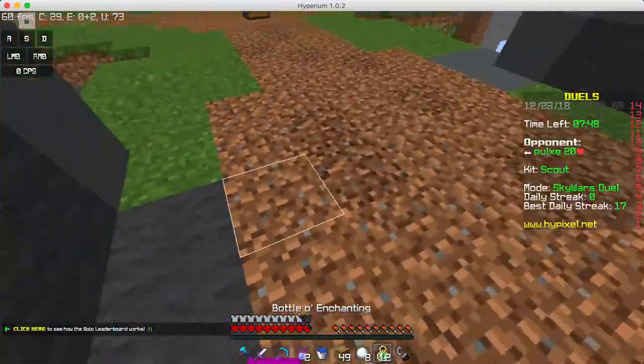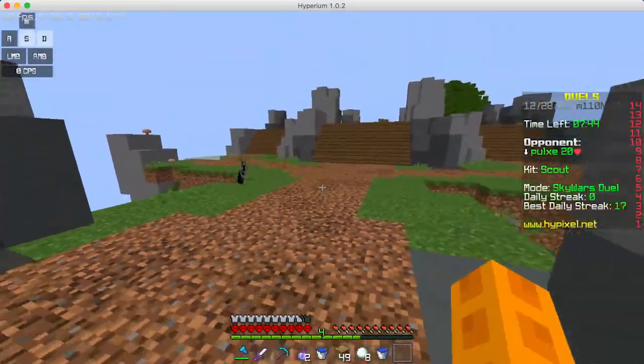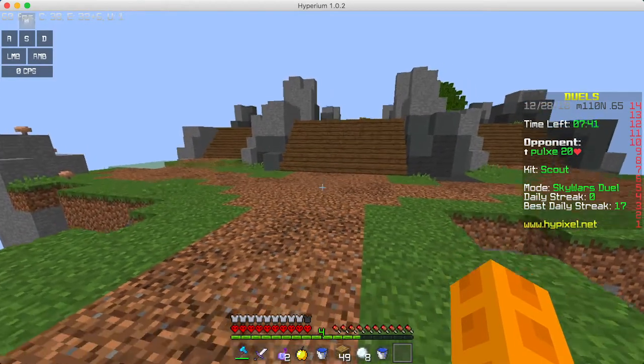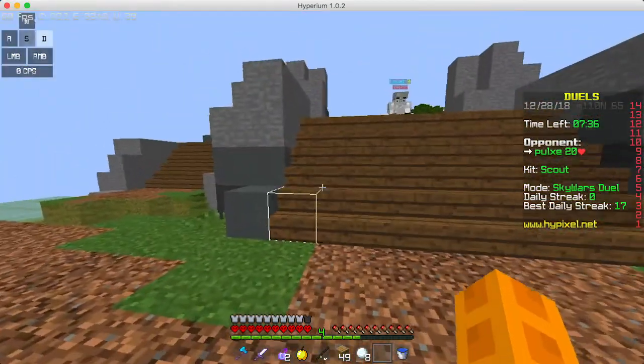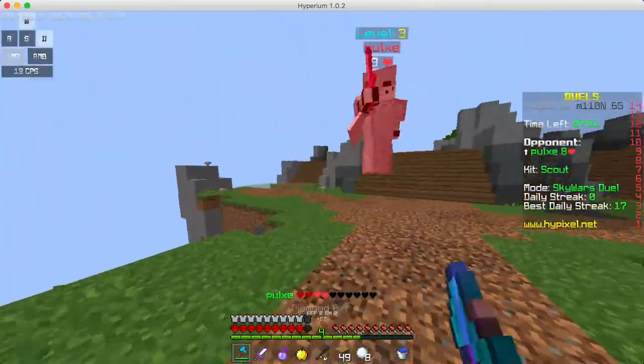So today we're going to be talking about just that right there, jitter bridging, except it's kind of like, I would call it butter bridging, because you're butterfly clicking and bridging at the same time. So it's pretty cool. It's actually quite efficient, and I'm going to teach you guys how to do it in